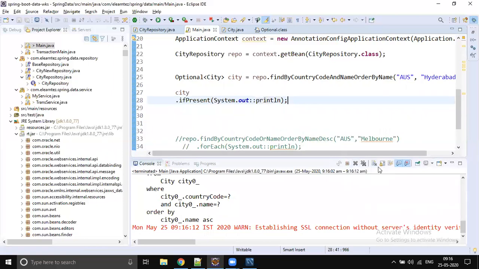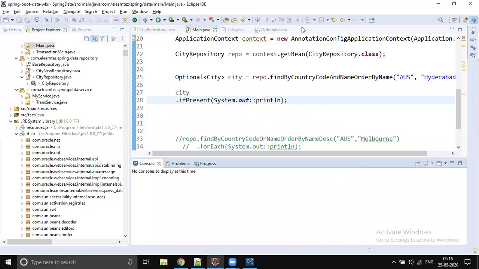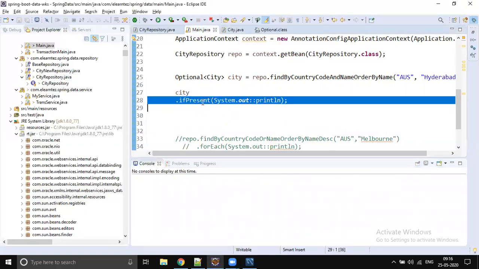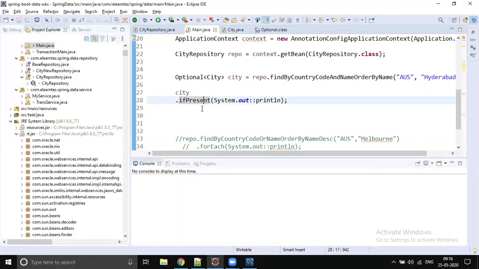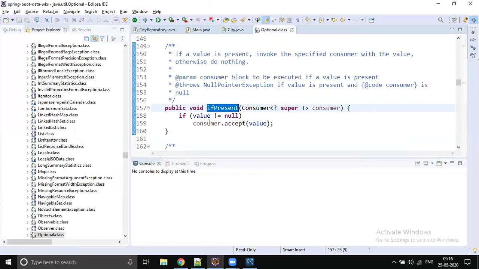Sunil asks: the city is null, and on null you are calling ifPresent, is it fine? How are they eliminating that? Because internally it does a null check. isPresent internally checks whether the value is null.